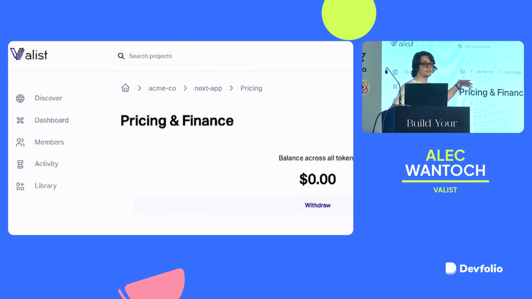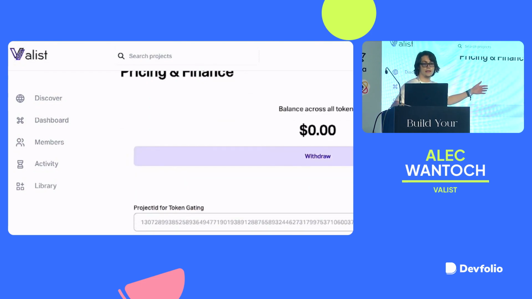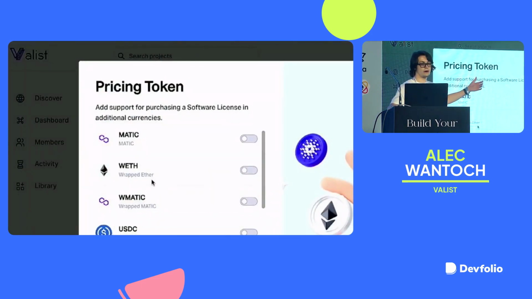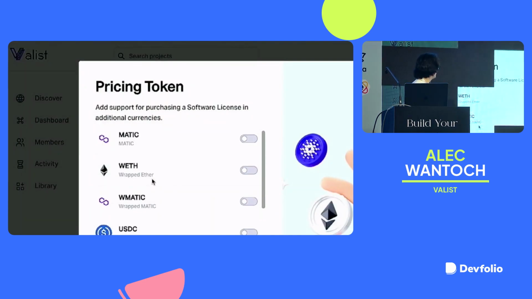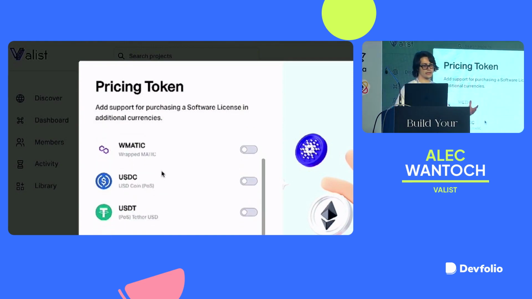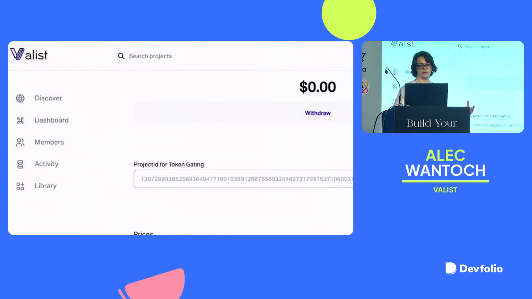If I wanted to sell this app, or if this was a game, I can go ahead and set pricing in any token that I like. Basically, this will allow you to accept any type of token for payment for your application. And then that will generate a license ID, which is basically the ERC-1155 token ID that it generates for you.